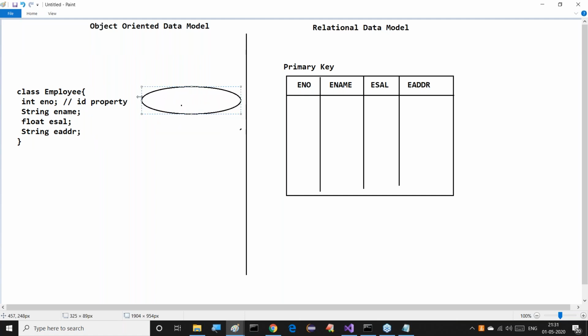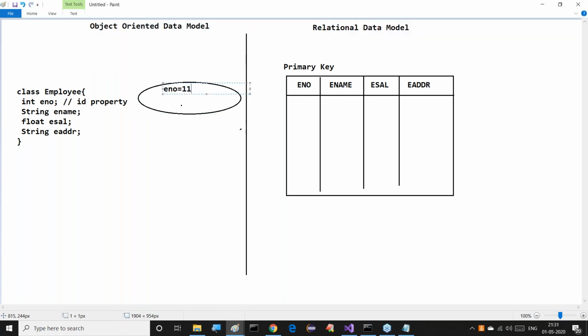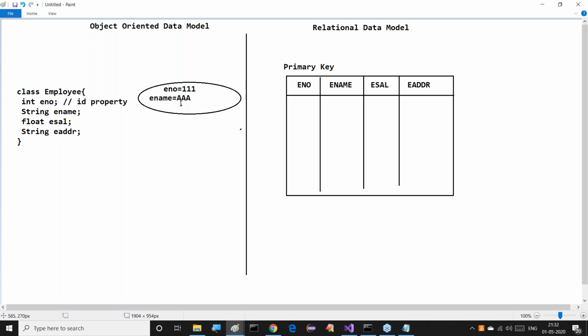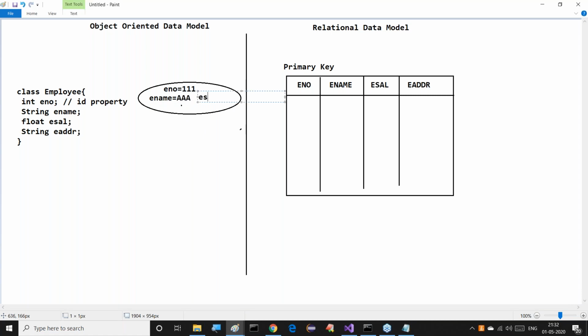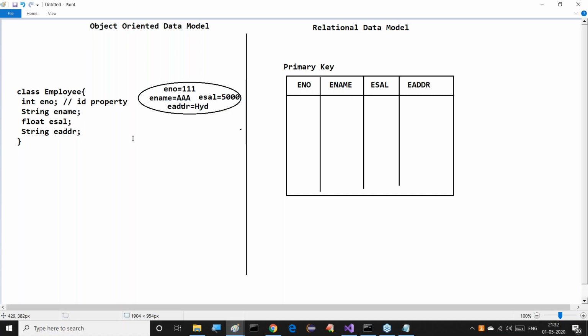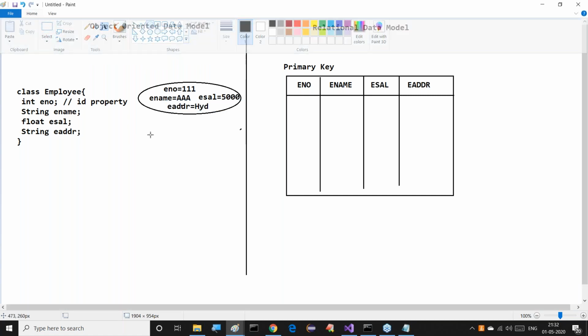Let us observe the number of objects. The first one: eno is equal to 111, ename is equal to AAA, esal is equal to 5000, and eaddr is equal to an identifier. This is one employee object.